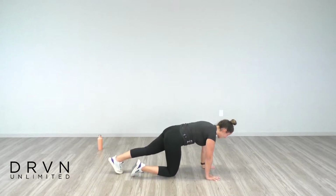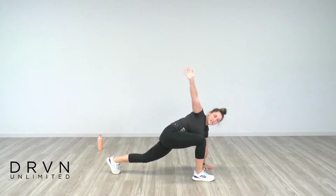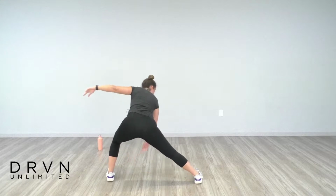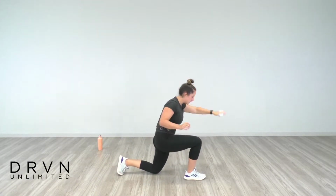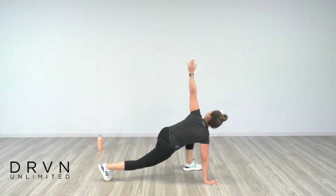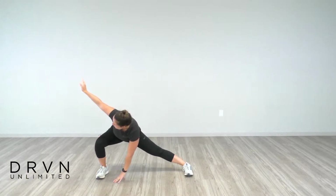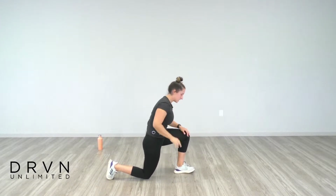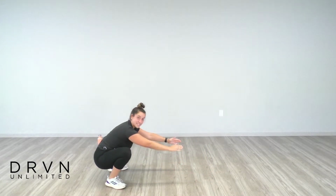All right, now we're going to go into our flow. So starting up in a high plank. Right foot's coming up to the right hand. Rotating up to the sky, coming back to the center, standing and shifting over to a lunge on my left leg, coming back forward, left knee's going down, sinking into that hip flexor stretch, coming back to the center, we're getting the same thing on the left side, so left foot's coming up, rotating up to the left, coming back down, shifting over to a lunge on the right leg, back forward, right knee's down, reaching up, hip flexor stretch,